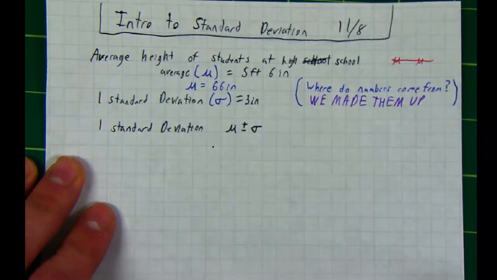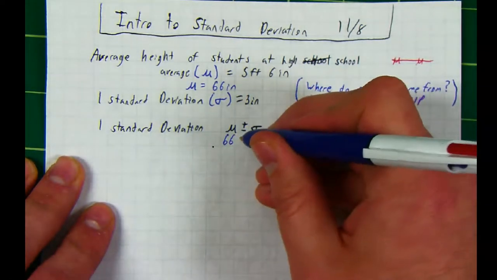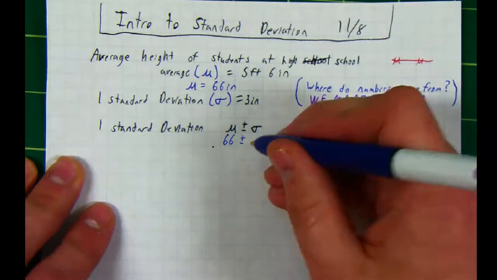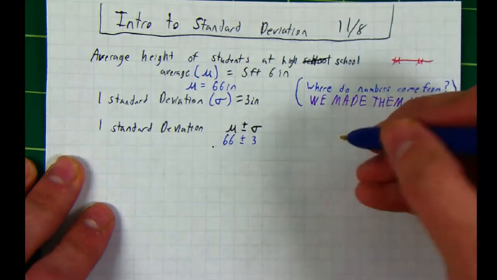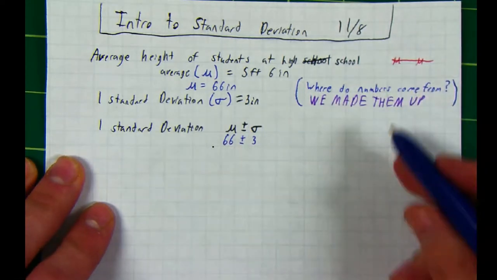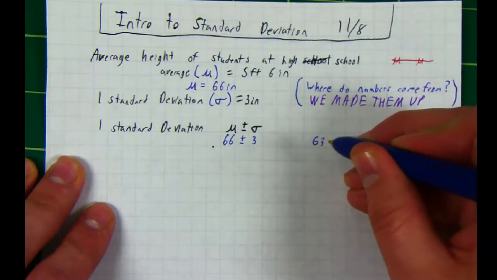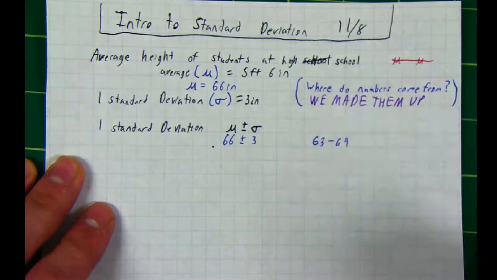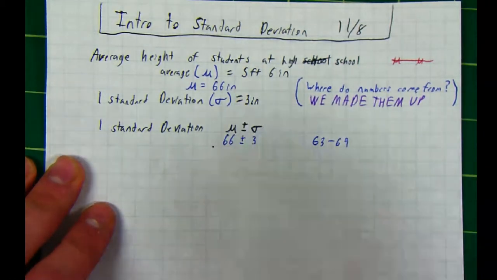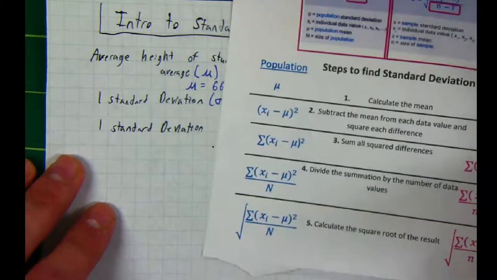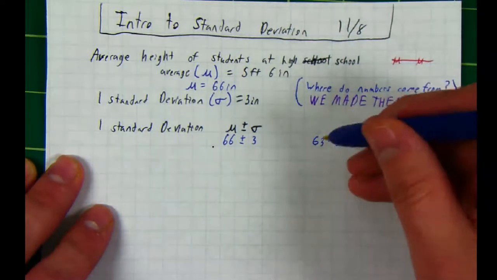What is the average again? What did we say? 66 plus or minus. What did we say the standard deviation was? 3. Okay. What is 66 plus 3? And what is 66 minus 3? 63. So our range of values would be 63 to 69. One standard deviation, if you take the time to calculate it using these formulas, which we're assuming we already did, correct? Would represent